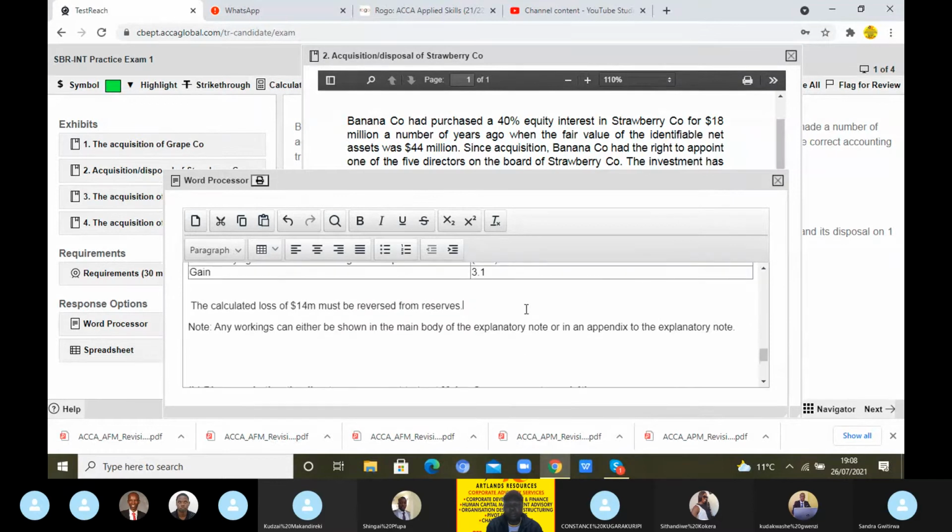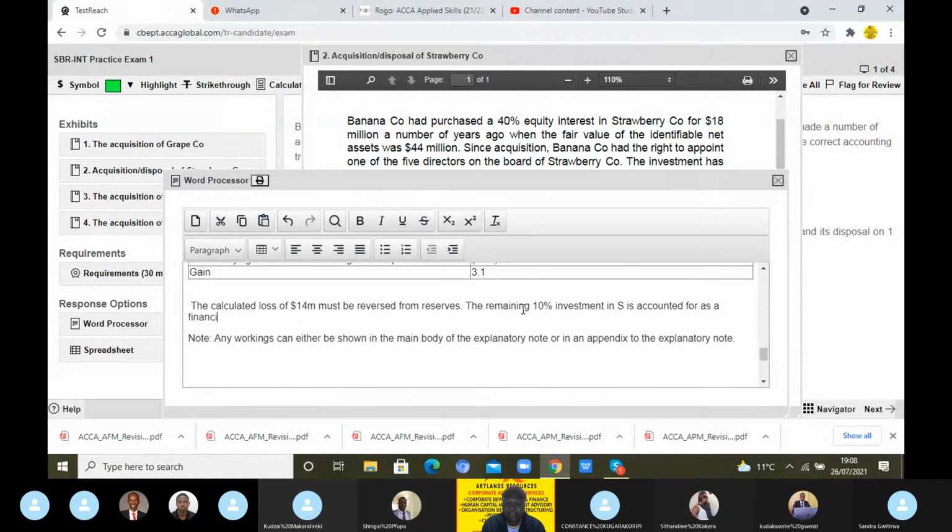That's what you do. You then say the remaining 10% investment in S is accounted for as a financial asset in accordance with